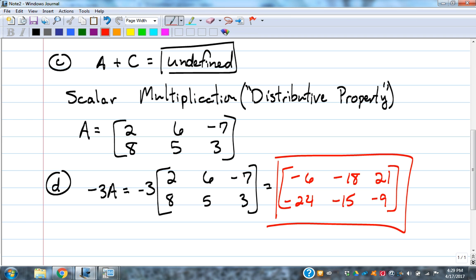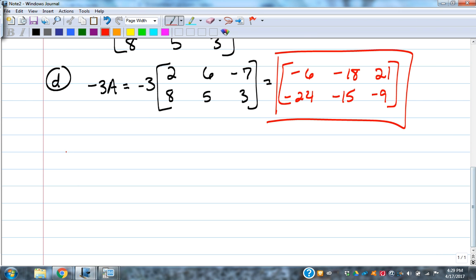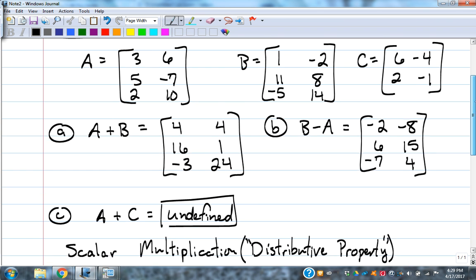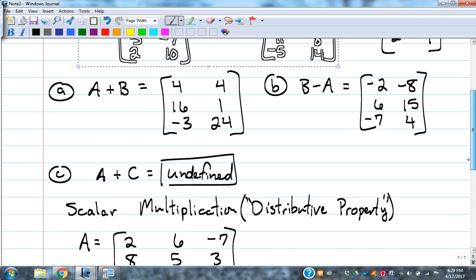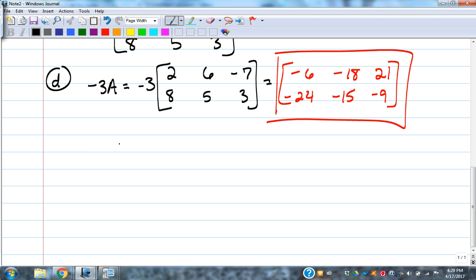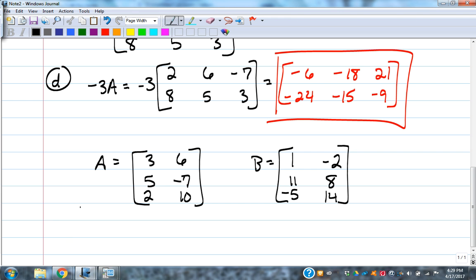Okay. Now, this is where I will sometimes use a calculator. If I had two matrices, let's just use the same two, A and B from up here. I'm just going to copy and paste those. And we're going to use those to do a combination of scalar multiplication and adding and subtracting. Matrix A and B there. If I ask you to do, example E, 2A minus 4B,